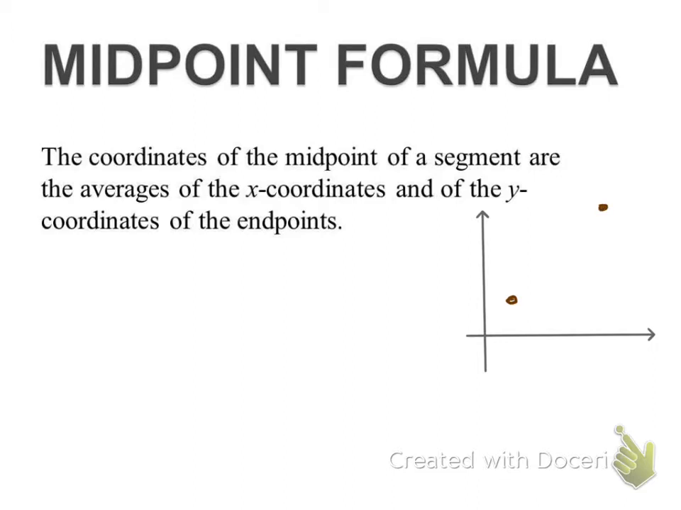We'll call them A and B. And we'll call x1, y1 their coordinates, and then x2, y2. And we'll put a line between and make it a segment. So the coordinates of the midpoint of a segment are the averages of the x-coordinates and the averages of the y-coordinates of the endpoints. So what we're saying here is that the midpoint